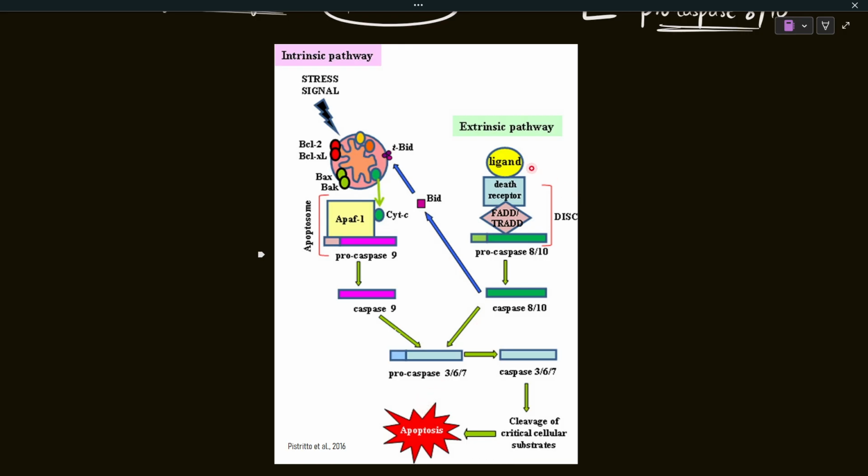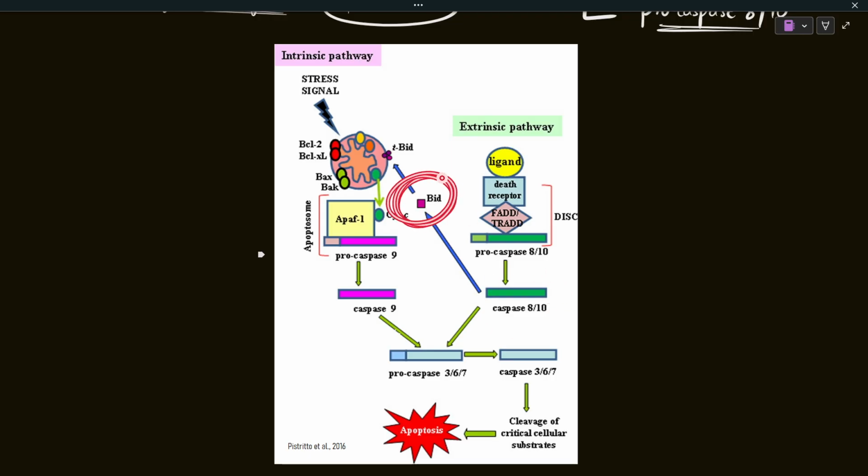So I also mentioned that the extrinsic pathway is going to activate the intrinsic pathway as well. The intrinsic pathway will be activated on two conditions. First, there is some intracellular signal that the DNA is damaged or whatever. The intracellular signal can start the intrinsic pathway, but the extrinsic pathway can also start the intrinsic pathway. Let's see how. Whenever the death ligand comes, it activates the death receptor and activates the procaspases 8 and 10. The caspase 8 and 10 have a property to cleave one BCL2 family protein,